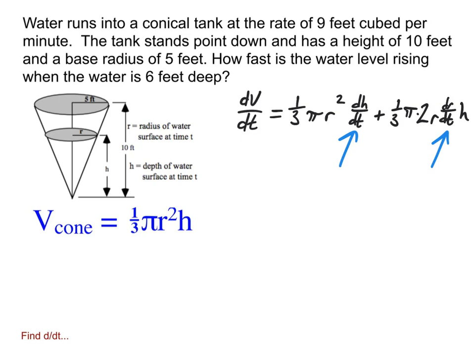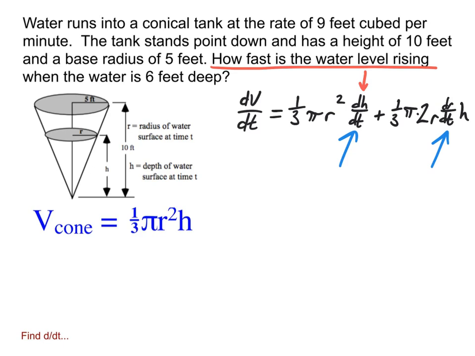I need it to just be one of those, and there is a way that we're going to be able to do it. Now, before we do that, let's plan out which one do I want to have. Do I want dh over dt in there, or do I want the dr over dt left in my final equation? Read the problem if you're not sure. You notice the question we're asked is how fast is the water level rising? The water level change would be the height change. And so I want an equation in the very end that has the dh over dt in it,